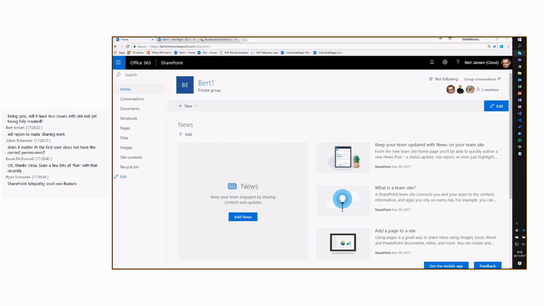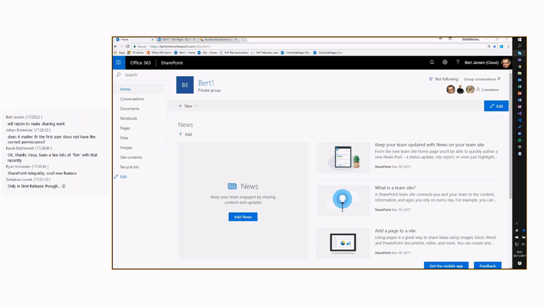And SharePoint telepathy, common feature. Yes, indeed. I think in the worst case scenario, Bert, you need to reconnect. Oh, Mike. Yeah, better now. Can you guys hear me? Yep, now it's good. Right. And the screen is still visible? Yep, the screen is visible. All good. All right. Good.